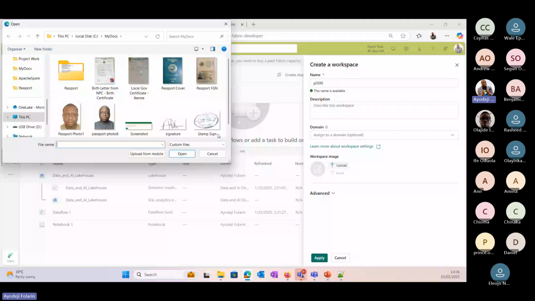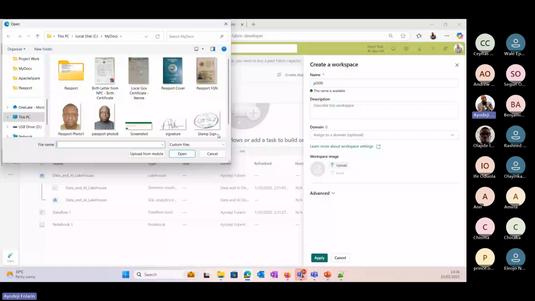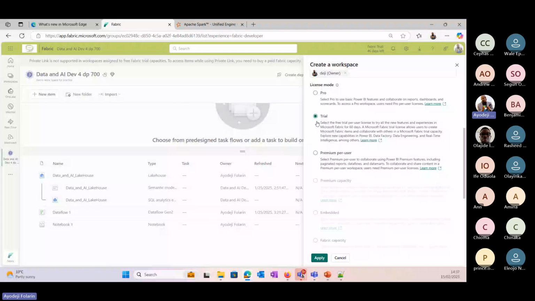But I'm going for the trial version that will allow me to do everything I want to do with Fabric for 60 days. And I will click on what? Apply. That is all. So once I click on Apply, I have my workspace ready. So all I need to do is come to that workspace just like this.